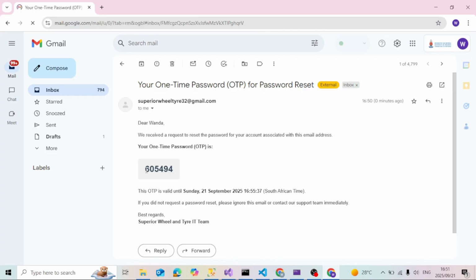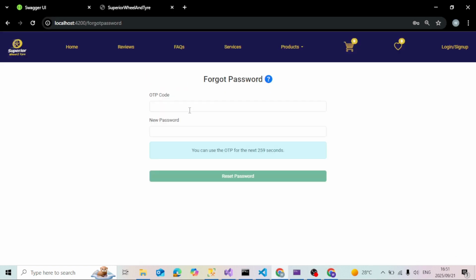Then I'm just going to copy it and paste it here on the text box, OTP code, and then enter my new password. And then I click reset